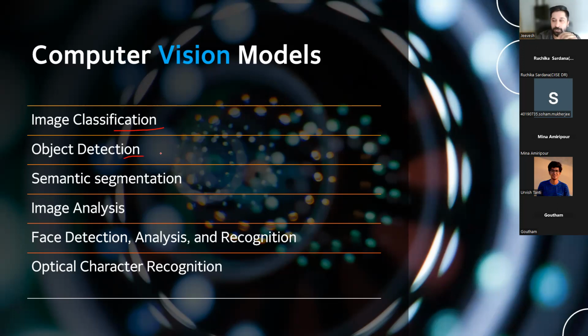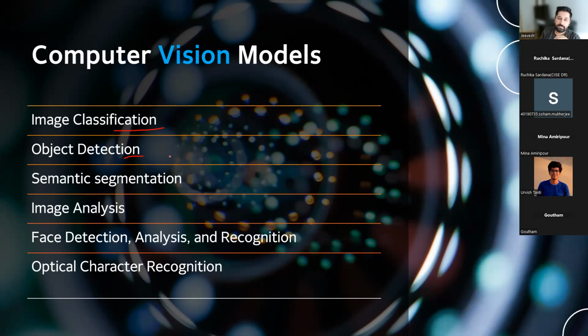Second is object detection. You pass in an image in computer vision. Whenever I'm saying the term image, it could be image or video, so please automatically adjust to that. Whenever we pass in an image or a video for object detection, it's going to tell you, hey, in this image that you passed, I could see a car. I could see a human. I could see ice cream. I could see, let's say, a bus. I could see a sign and whatnot. So that is object detection. You have objects, and it's going to detect them for you.